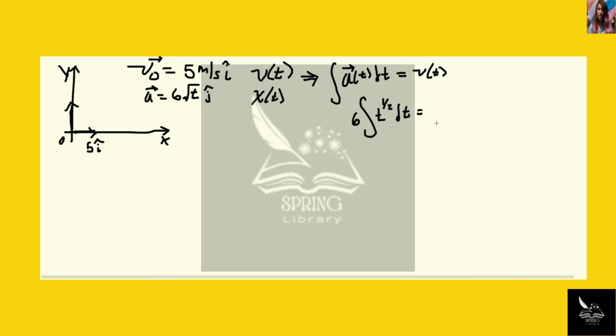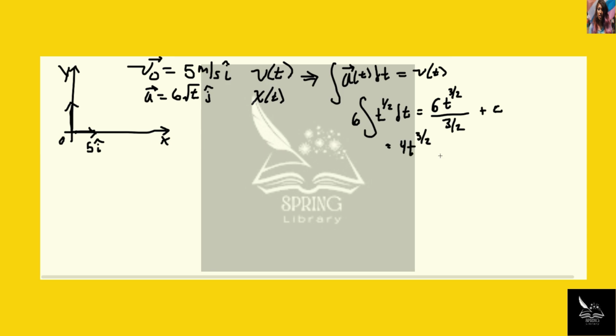And after you integrate this, you're going to get 6, which stays along for the ride, t to the 3/2 up top here in the exponent, and then divided by 3/2 plus c. C being the constant of integration, which we're going to find in a second. Cleaning this up here, you end up getting 4 t to the 3/2